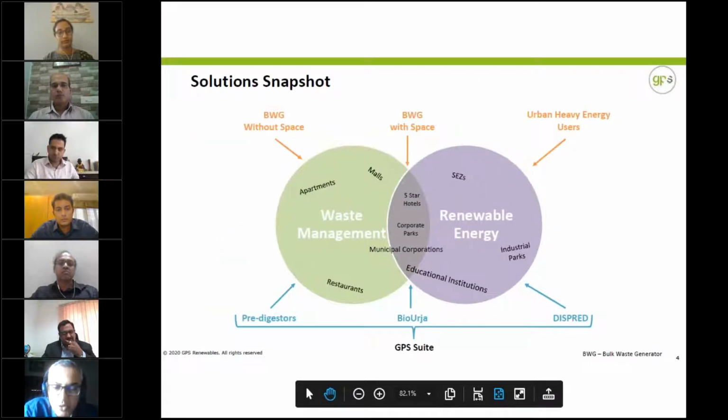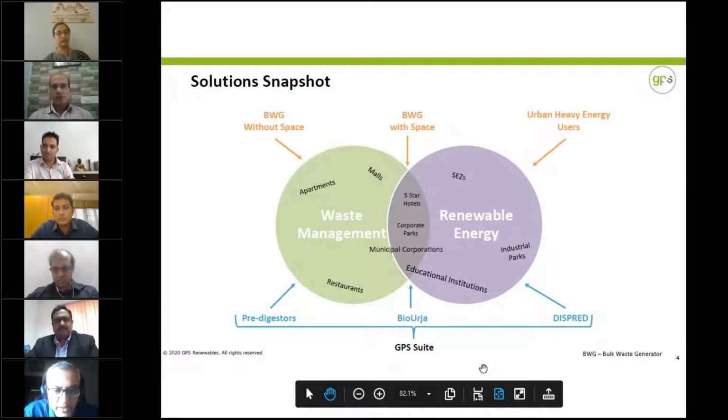So the solution snapshot looks like this. We have waste management as a major area and also renewable energy, so we have a combination of both. Certain sectors are primarily looking at the waste processing solution, which is a regulated requirement in India. There are classes which require both processing as well as usage of renewable energy in whichever form. And you have a class of consumers who have a huge requirement for use of renewable energy, primarily because of the targets to be carbon neutral, net zero by 2030, 2035. So we address this entire market.